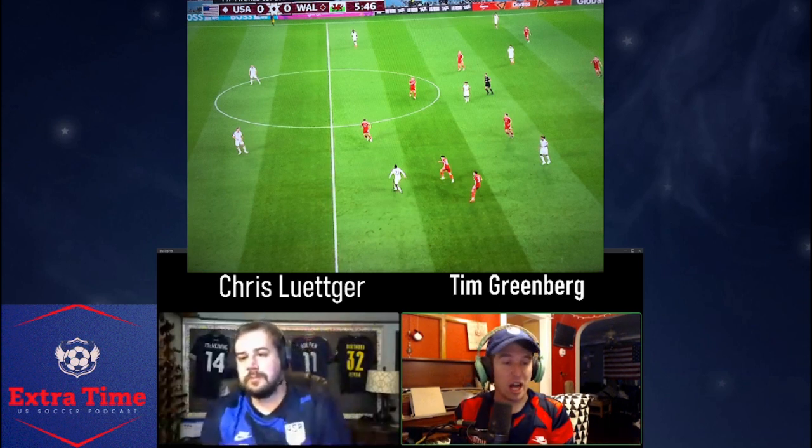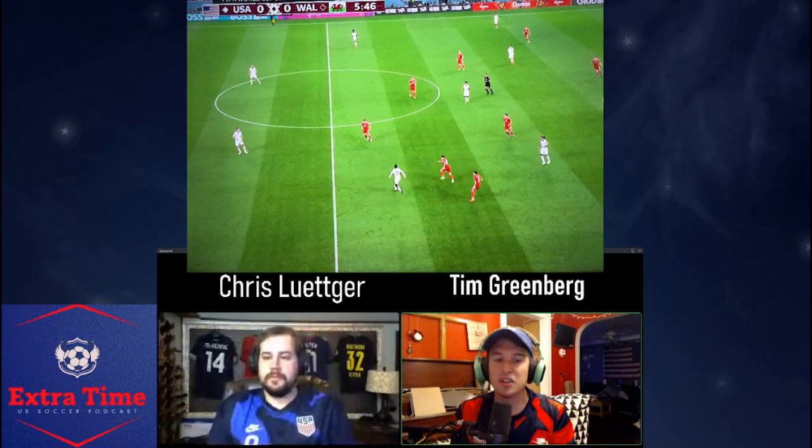With the man of the match, Tyler Adams played out of his mind. He was easily the best player that we had on the field. And there were other players that were really good, so in some situations it was close. He was just the best player.